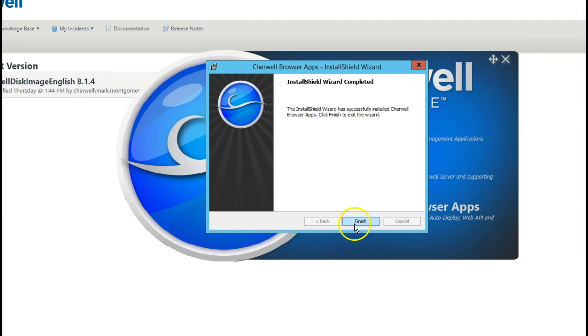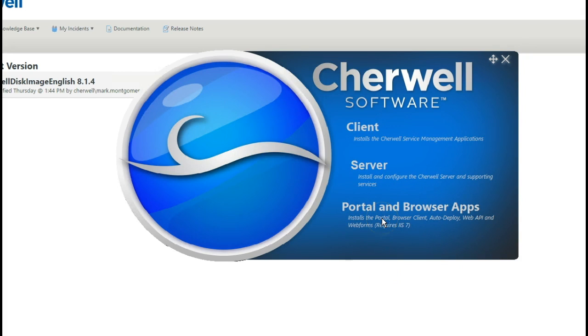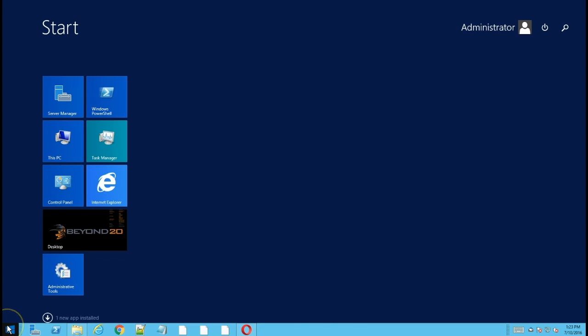Alright, it looks like our install wizard has completed. Now that we've finished here, we can close out of the Cherwell installation application that we have right here. They do have an option to just install the client application, but you do not need to do this if you have installed the server, as it does install the supporting applications like the client and the admin tool onto your machine. But there is a separate option here to install just the client if for some reason you have the full Cherwell installation file somewhere and you need to install a client rather than installing them from the auto deploy tool. So I'm going to close this,